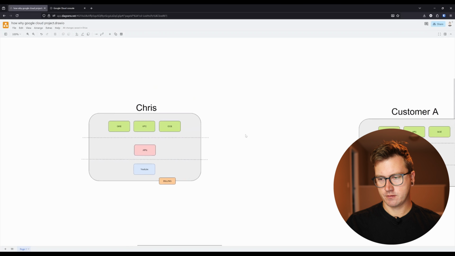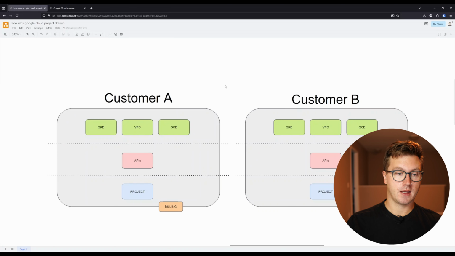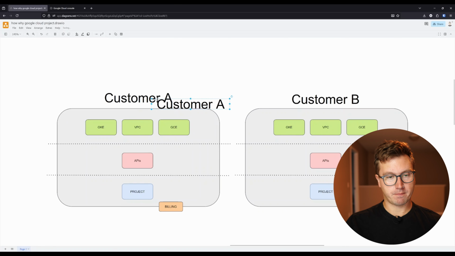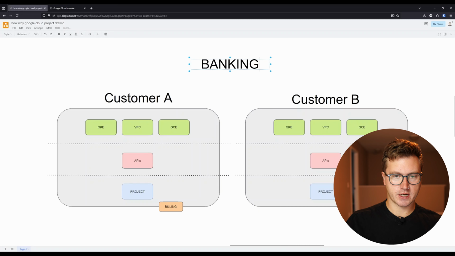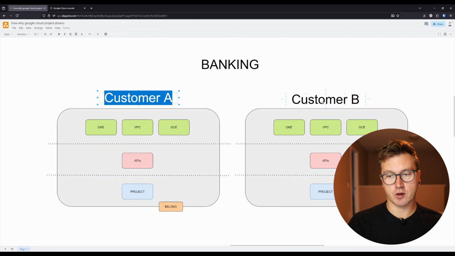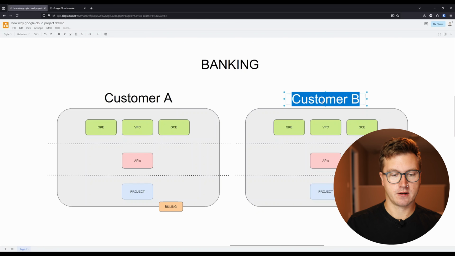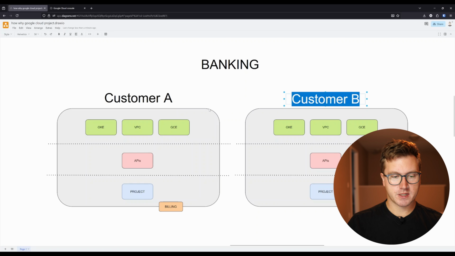Another example that you can come across is mainly in organizations, is when it comes to banking. So if we said that this was a banking organization and they have multiple different clients, so let's say we've got customer A and we've got customer B. They're both banks. The problem or the challenge that you will face is that their data needs to be isolated. So customer A can't have access to customer B's data and vice versa. So potentially you would have